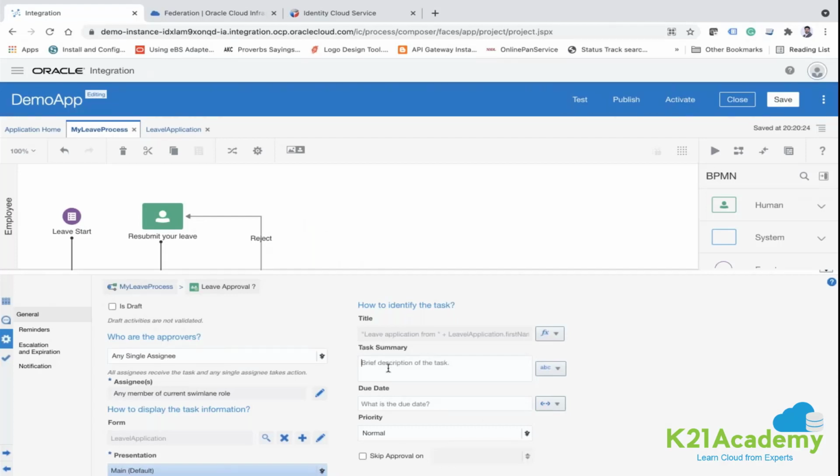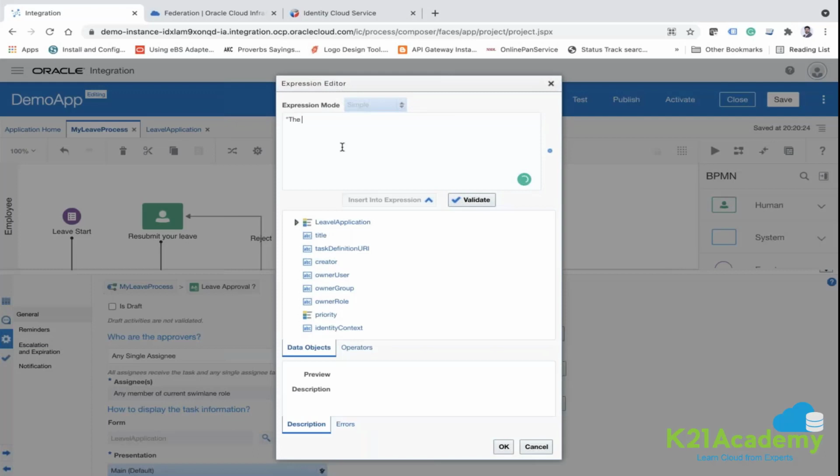It's my title. Similarly, you can see the task summary. Again, you can say the leave is raised between from and to date. Something like this, and then validate your expression.